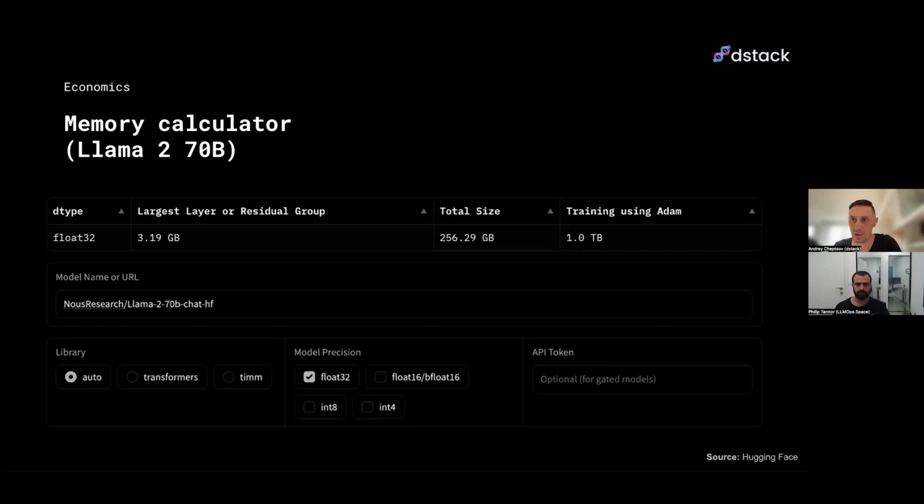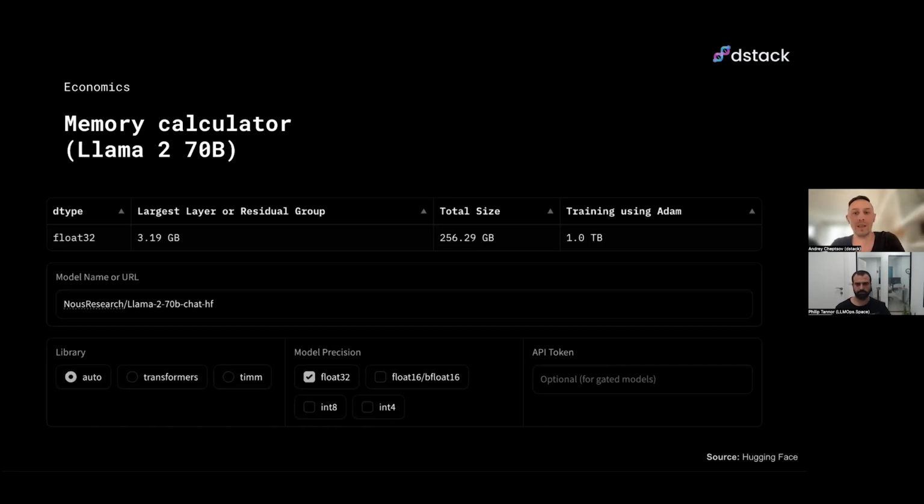When we say memory, we mean GPU memory, or other memory, but if you want to keep it fast, probably it's going to be GPU memory. For example, without any optimizations for serving Llama 2, the large one, you would need basically four A100 80 gigabyte GPUs. It's pretty expensive to use these models without optimization techniques, which we'll talk about.